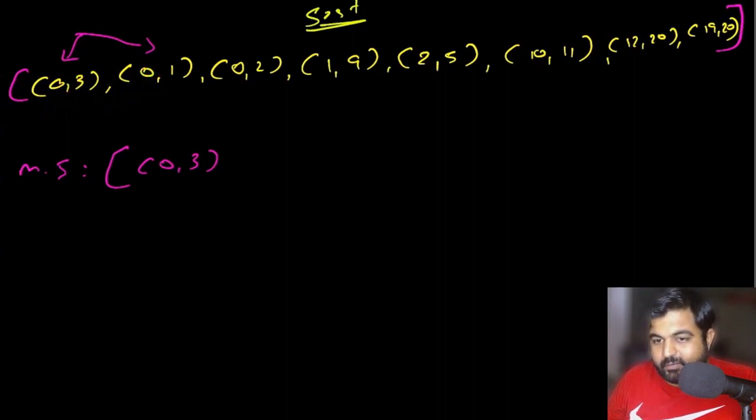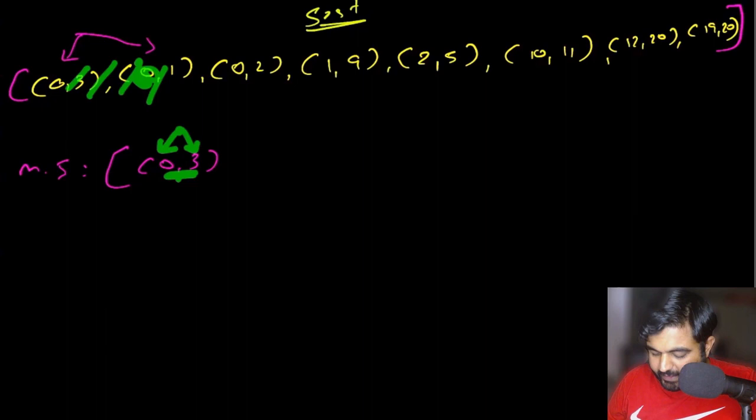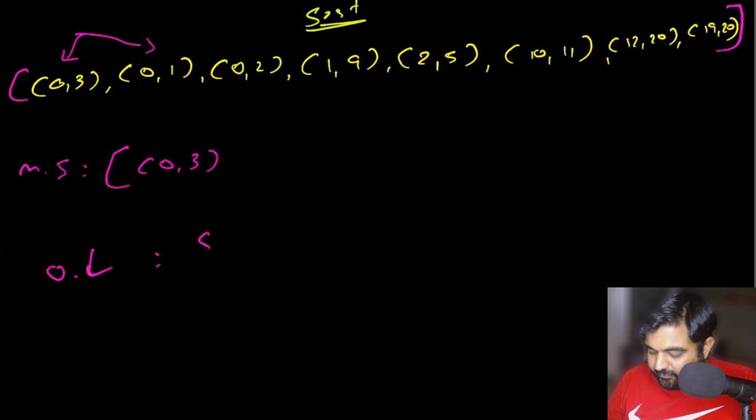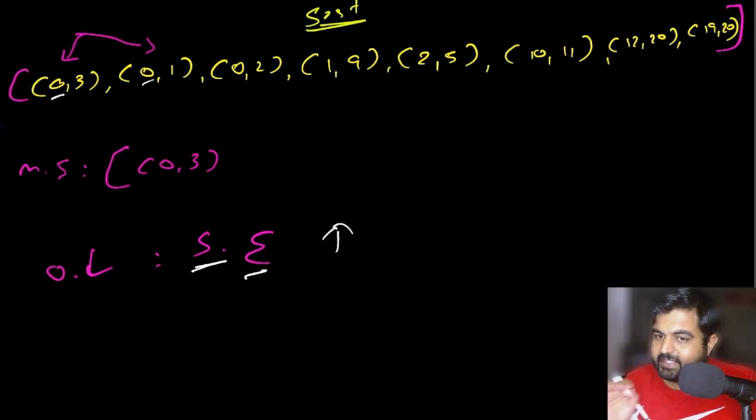Now, how do we check whether they overlap or not? We check it based on the starting and ending values of this existing interval, which is 0 and 3 in this case, and compare with the starting value of this new interval. Because the starting value of this new interval falls between the starting and ending values of the previous interval, we can say that there exists an overlap. If there exists an overlap, we basically need to find the starting and ending values for the merged interval. The starting value is going to be the lower value between both of the intervals. The ending value is going to be the higher value, and that is simple. That is all we need to do.